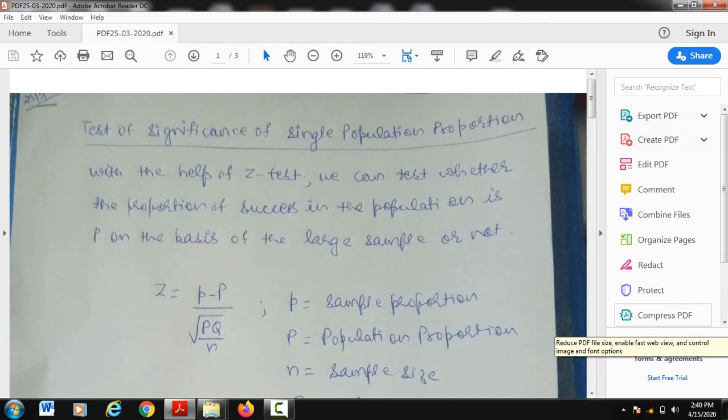But if your sample size or the sample observations are less than 30, then it is considered a small sample. For that we have three tests: t test, f test and chi-square test. These three tests have their own applications, and it depends on what is asked in the numerical question, and accordingly we apply that test. Recently, when we started our revision, we started from the Z test, the large sample test.